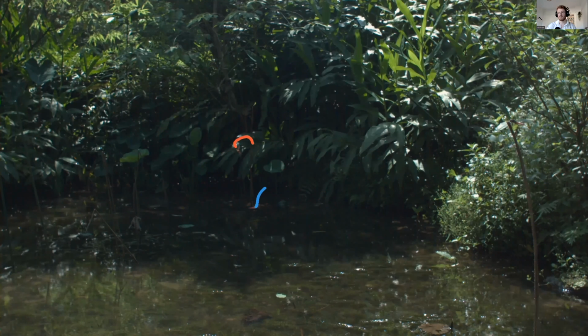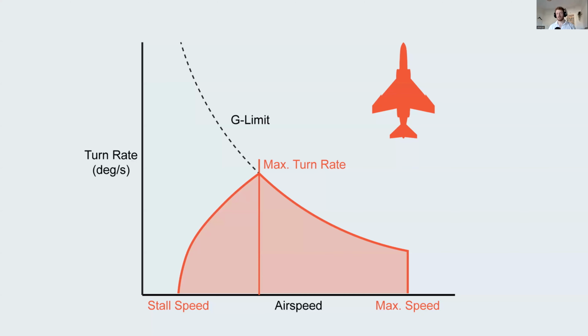Now, what are the constraints on something like a plane? Well, if we go back to our F4 Phantom, this dogfighting plane, and we look at the turn rate, how fast they're able to turn versus their airspeed, there's a really characteristic relationship that you see. And that's the faster you go, the worse your turn rate is, provided you have enough airspeed. Below a certain airspeed, you've got less and less air going across the wings, right the way down to your stall speed at which you can't turn at all. You have this maximum turn rate that happens at some intermediate airspeed.